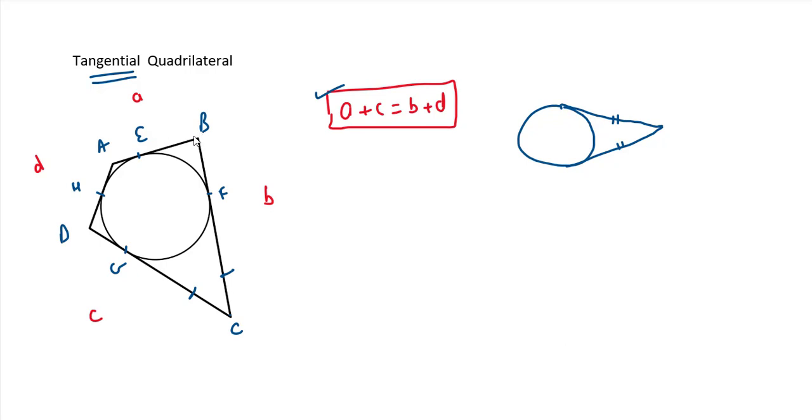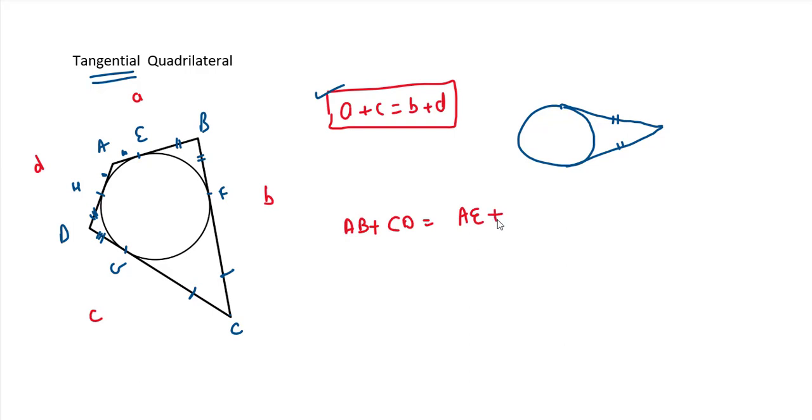Similarly, if we see the tangents BE and BF, their length will also be equal. On similar lines, AH will be equal to AE and DH will be equal to DG. Now if we take the sum of two opposite sides, let's say this will be AB plus CD. If we further break up AB and CD, it will be AE plus EB,